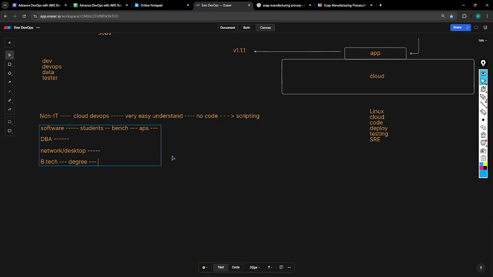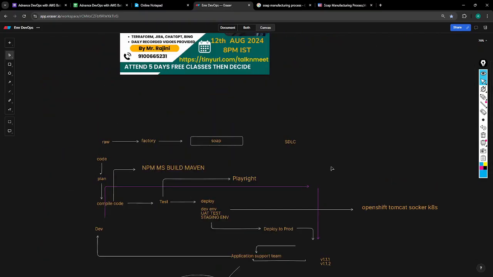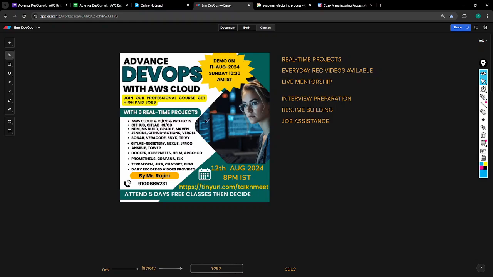And what are you going to learn through this course? You're going to learn 6 real-time projects, like how Netflix and Hotstar applications work. Those kinds of applications we are really going to deploy. You're going to watch the videos as well, and see how PhonePe and Google Pay applications work. You're going to make a payment to me as well. We are going to do projects in monolithic and microservice, and you will get everyday recording sessions and live mentorship. There will be a mentor whenever you're stuck in any lab or project, who will help you clear your doubts.